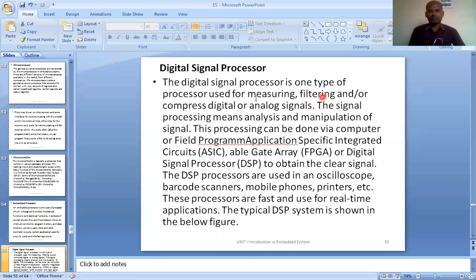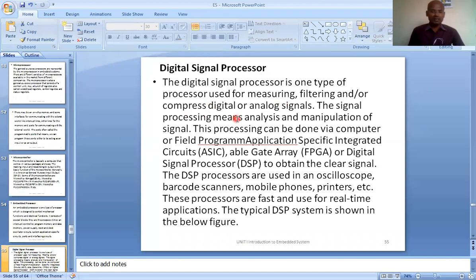You can use DSPs for measuring the signal, filtering the signal, or compressing digital or analog signals. Generally we cannot process analog signals directly. By converting these analog signals to digital, you can process those digital signals in the digital signal processors, right?